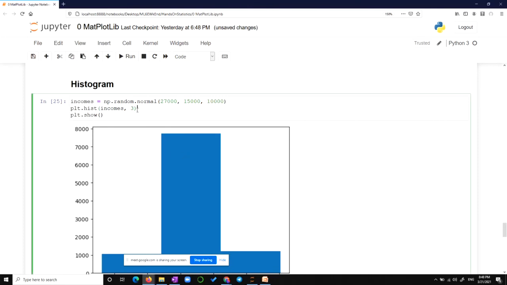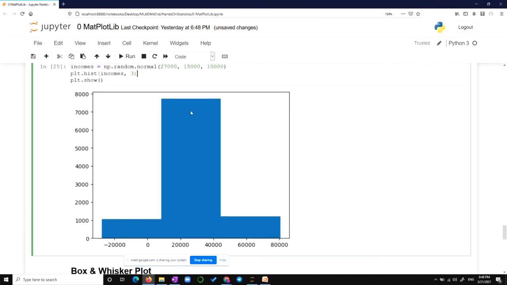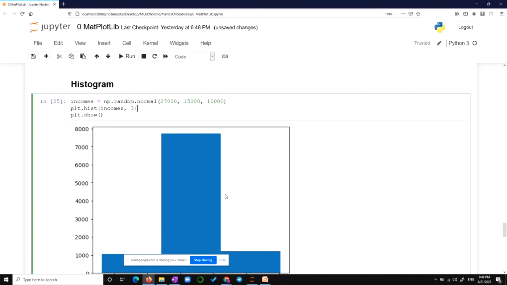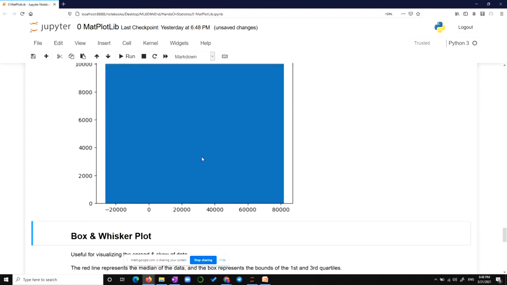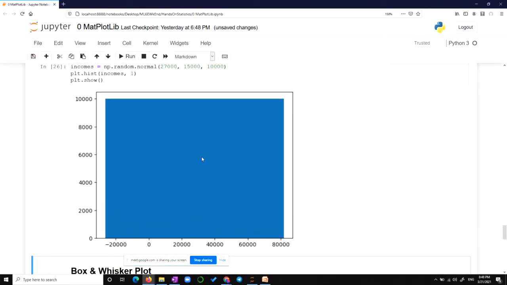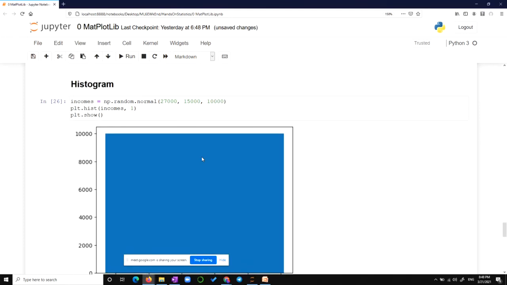If you decrease it, you are moving away from the smoothness, because if you have only one bucket, it means you have taken the entire 10,000 points and calculated the average of it. That is one number, correct?